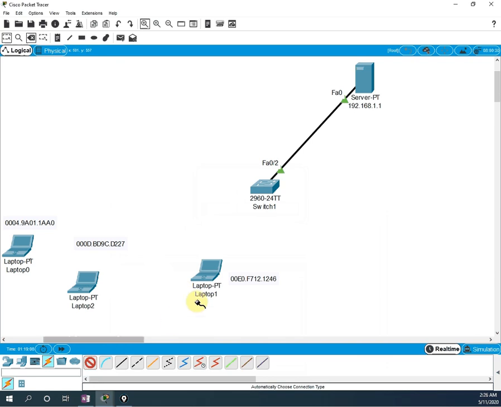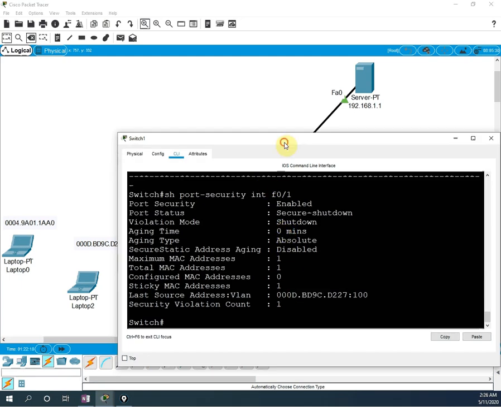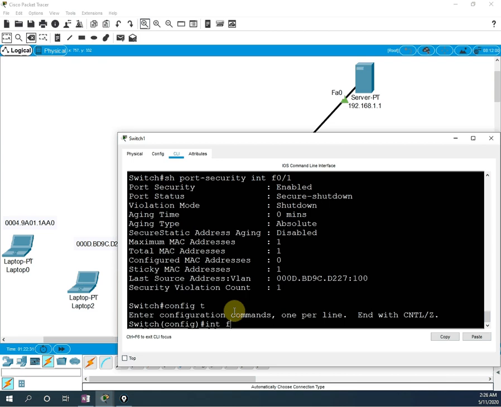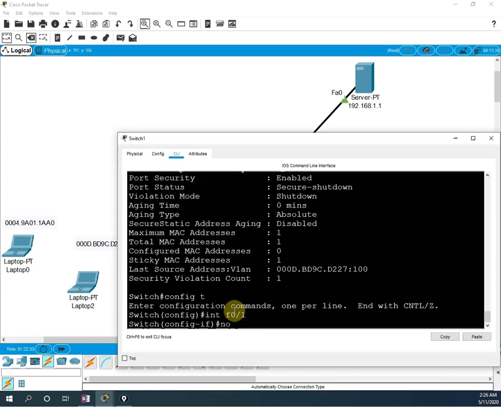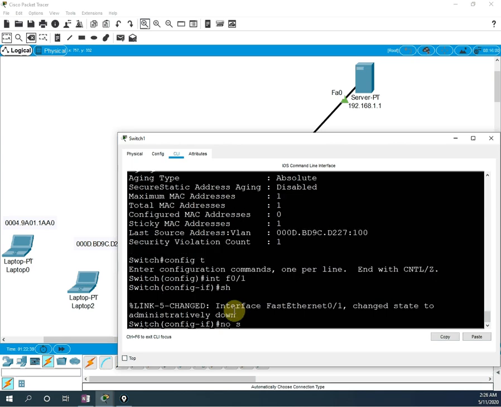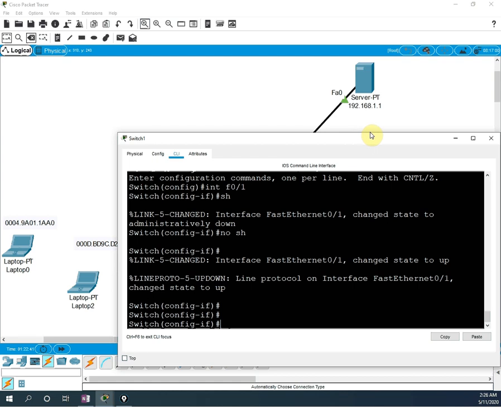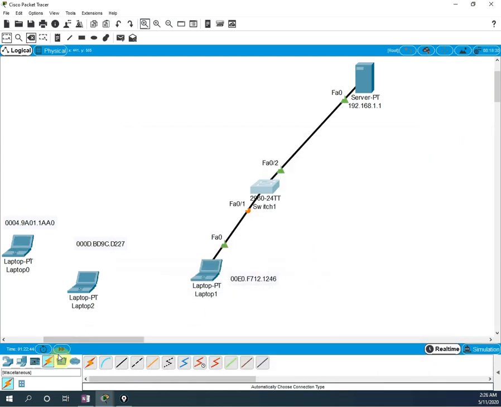Next day the owner of that port came and connected to that port. When he tries to access, he cannot access. So he calls IT support, and then IT support will come and type this command, and check that the port is down and who did the violation. Now to make it work, he will go to global configuration mode, go to that port F0/1, and first he will shut down the port, then write no shut. Then this port will become up and the guy here can access it.